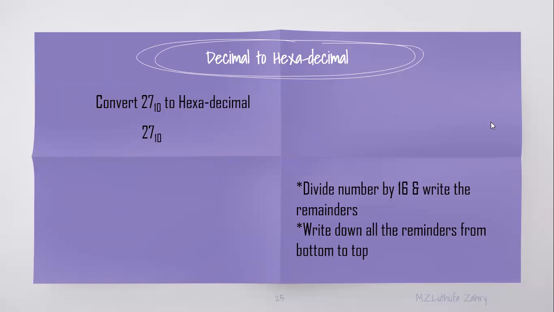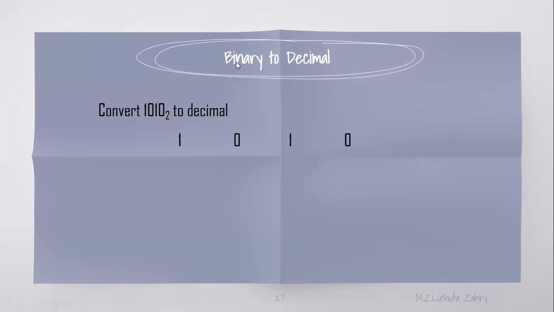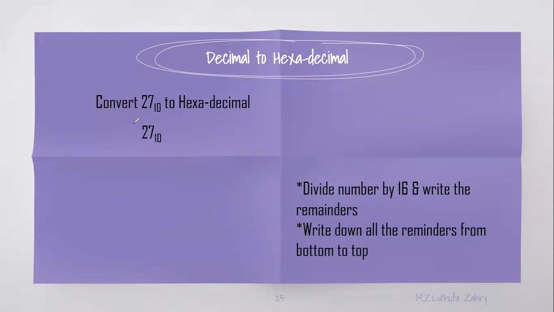Same thing. Same procedure, no? So you have to do it. Convert this 89 decimal to hexadecimal. Can you? Okay, let me explain again then. If you want to divide it, you divide it by 16. There you got 1, and then the remainder will be 11, and divide once again by 16. Then the quotient becomes 0, where you'll get 1. So this will be from bottom to top.